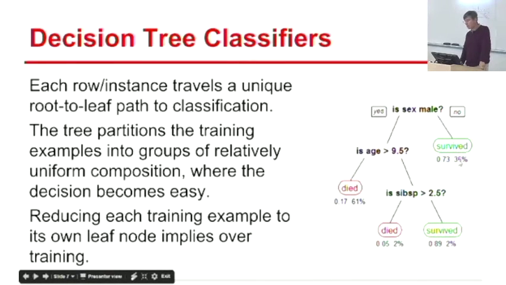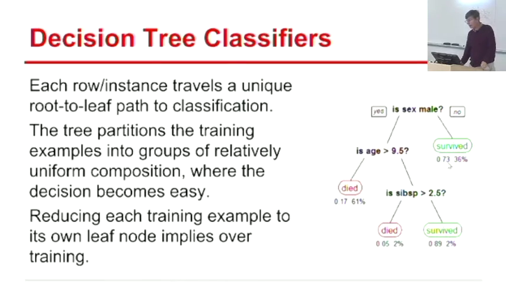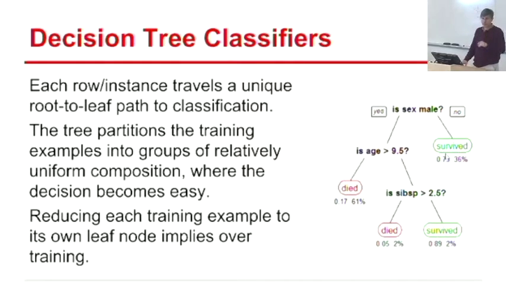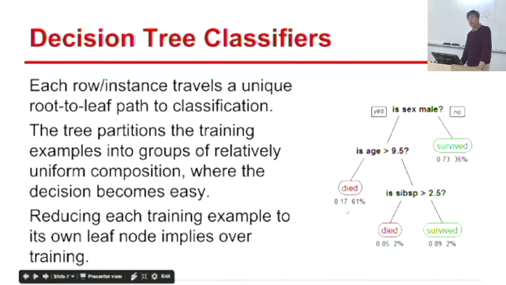And if you multiply this percentage by the fraction and add them, then will it be 1? Then the other fraction is a measure of purity. What fraction of these people survived, right? And if I multiply the number of things at the node by what fraction of them survived, I would get some measure of the accuracy of my classifier, right? To be precise, since you're calling this person died, you would want to be multiplying 61% times 1 minus